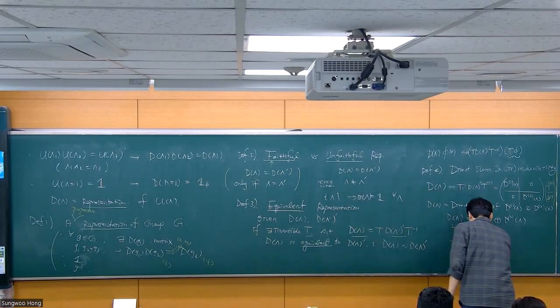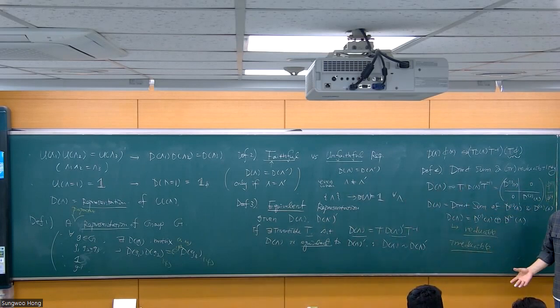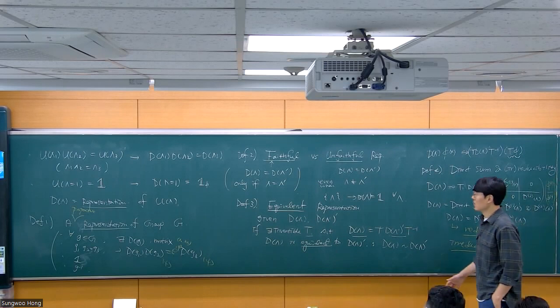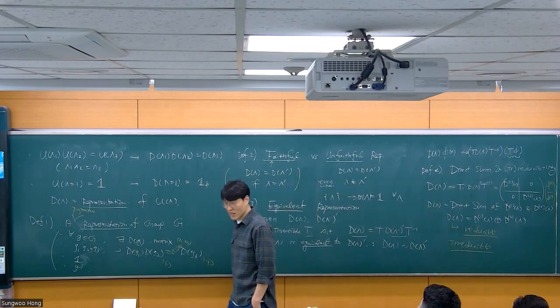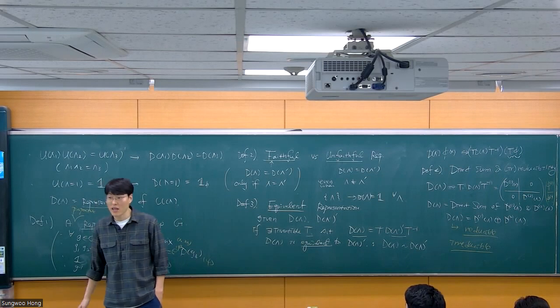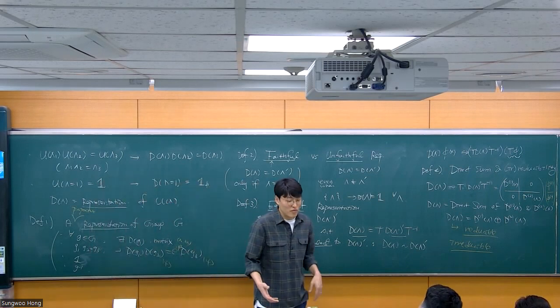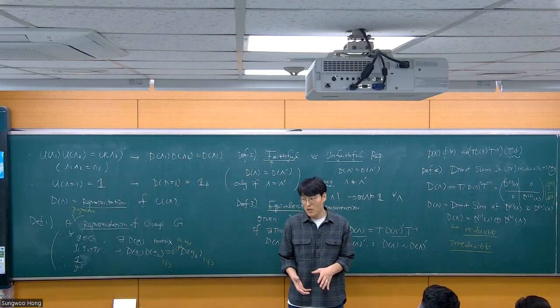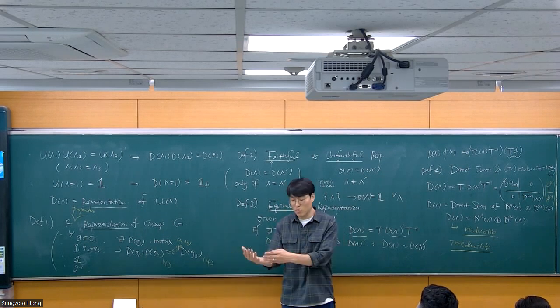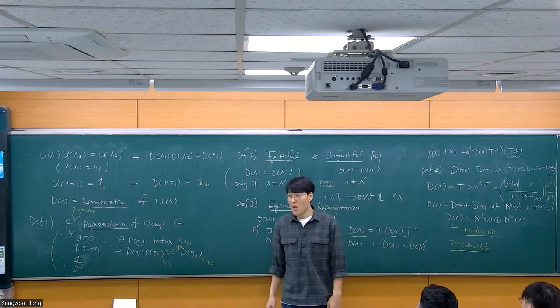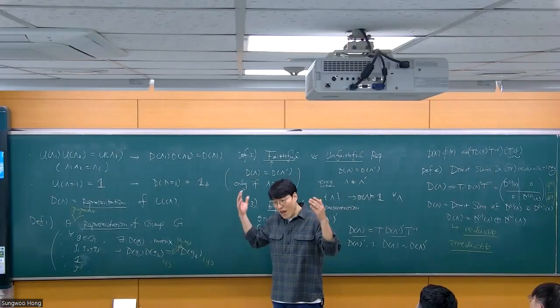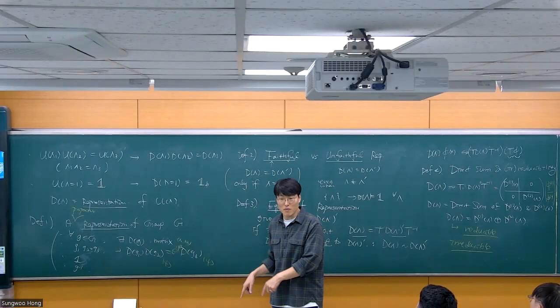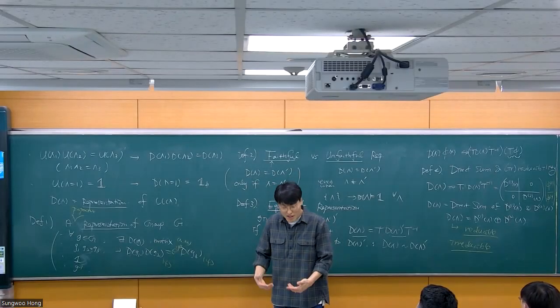Good. So let me say one thing. By the way, in the physics literature, versus the math literature, when you first try to learn group theory, this word, representation, is a maximally confusing word because people use it in very different ways, right? If you first learn group theory from a math paper, it's always like, given a group element, there's a group homomorphism to that and that. But if you open the physics book, they never talk about this particular version of the representation. And this is the definition.